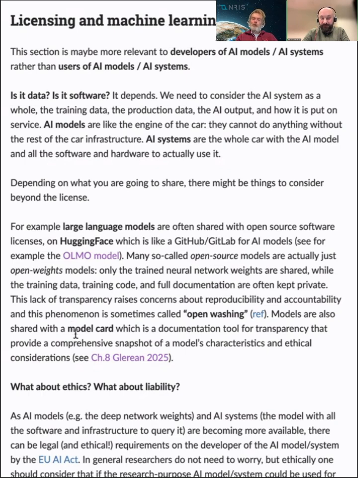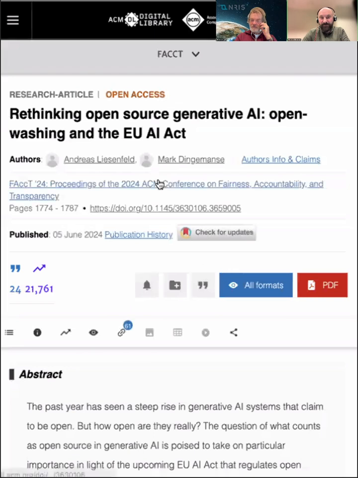Of course, there's no authority forcing these companies to change their practice. Exactly. So they can just use the open licenses as much as they want. That is the reality. In this paper that I linked here, for those who are interested, this type of open washing is also in the EU Artificial Intelligence Act, which I will cover briefly soon.